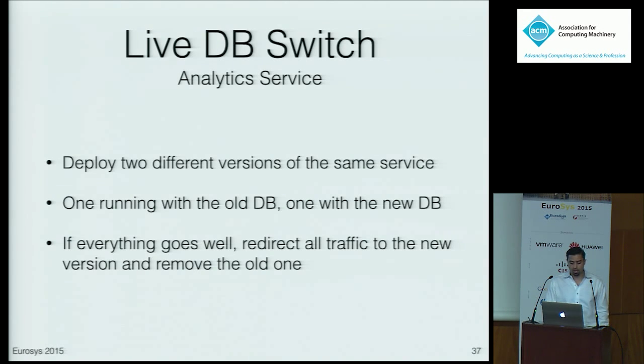The second story is about a live database switch done on the analytics service. Normally, to switch database engine on a running service, you would have to wait for off hours, take it offline, migrate the data from the old database to the new one, deploy the new code, and hope for the best. The development team actually used Synapse to do a live database switch, a use case we never imagined before. The way it works is that you deploy two versions of the same service, one running with the old database and one running with the new database. Once everything looks good, you redirect all the traffic to the new version of the service and kill the old one. And so this is how Synapse allowed the team to migrate the analytics service from MongoDB to Elasticsearch without